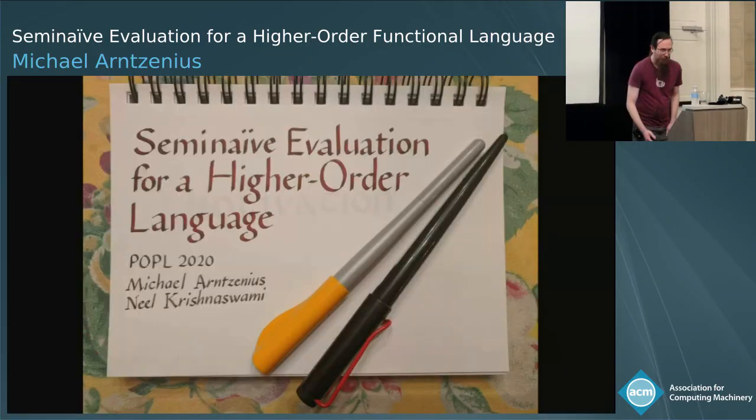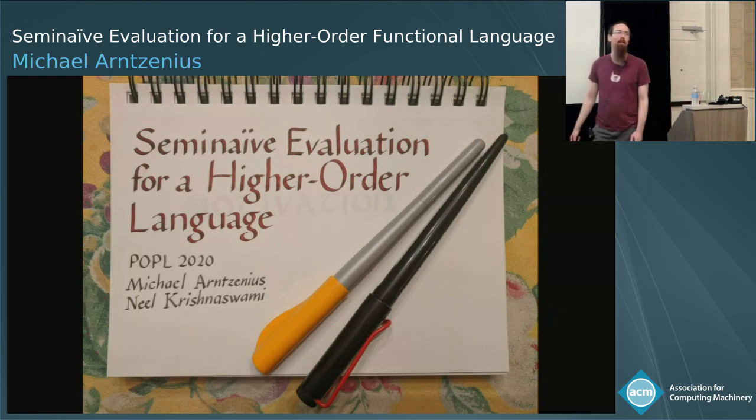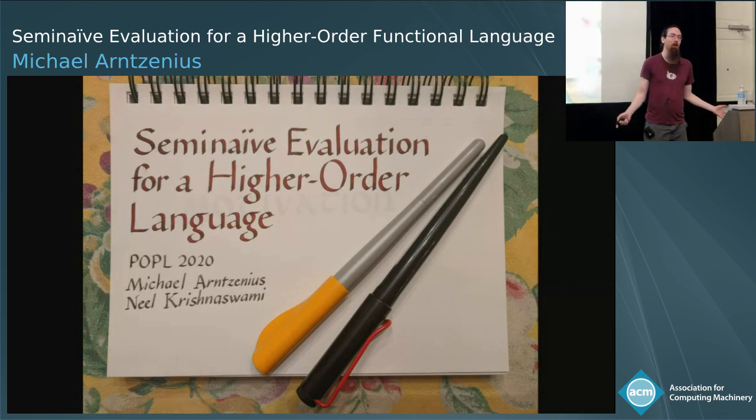Language. Yeah. All right, hi, can everybody hear me? Yes. Okay, great. Yeah, so I'm going to explain in this talk what semi-naive evaluation is, if you don't know,